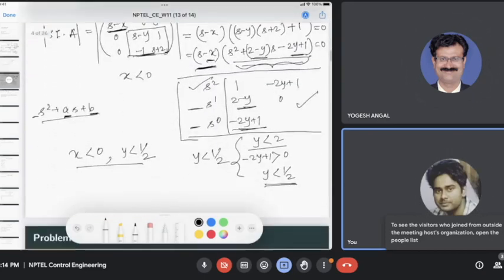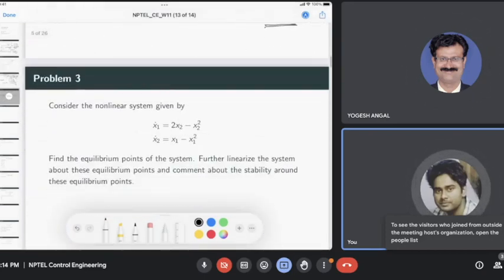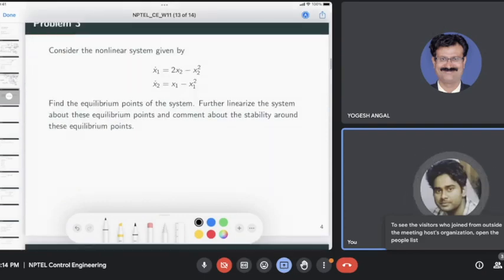Okay, so then we move to the next question. Then we have a nonlinear system given by two ordinary